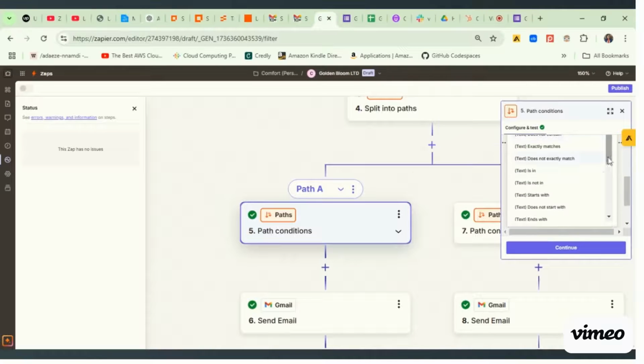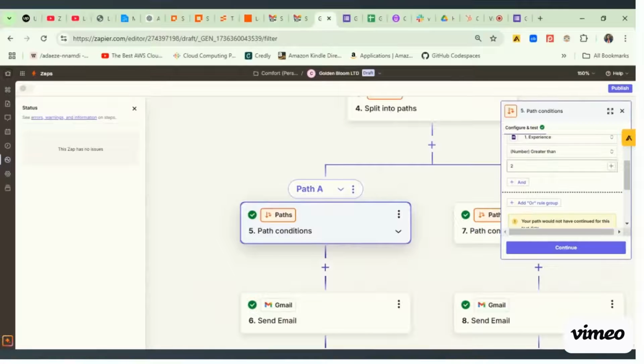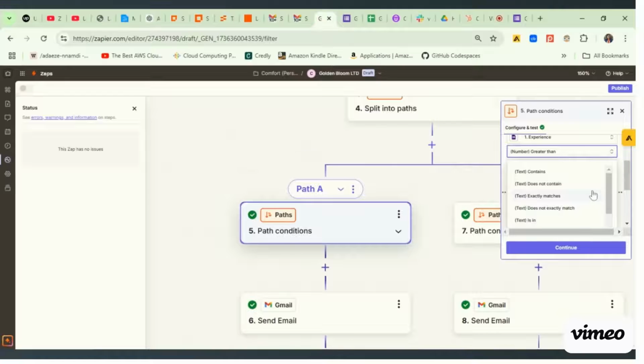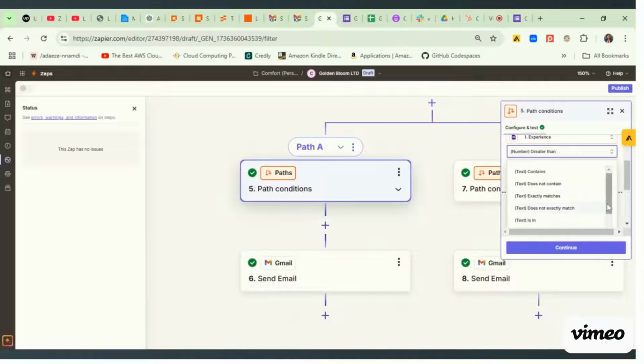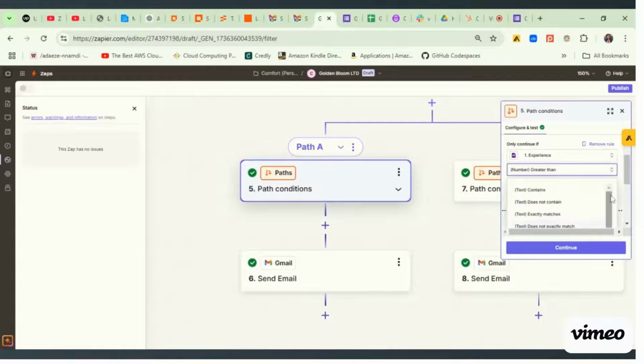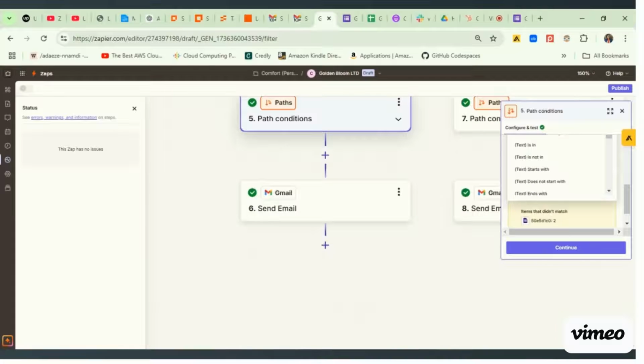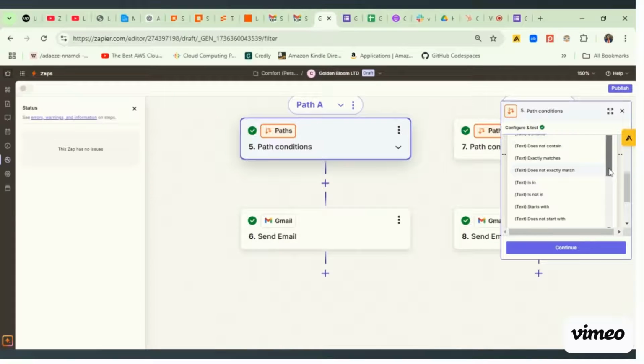So, I don't know why that is happening, but let me try this. Okay, it's moving now. So when it starts moving like this, I can scroll down to the number, and I